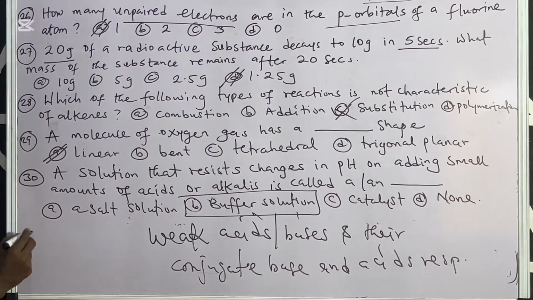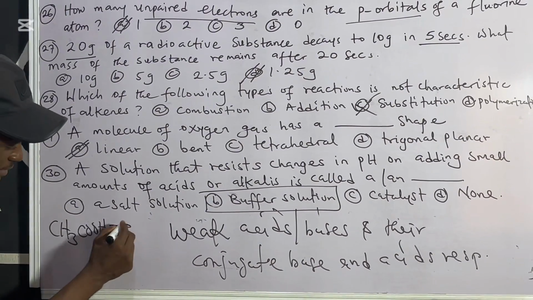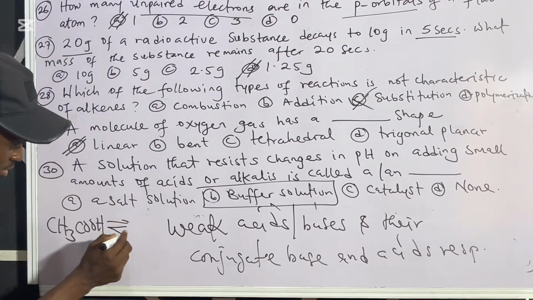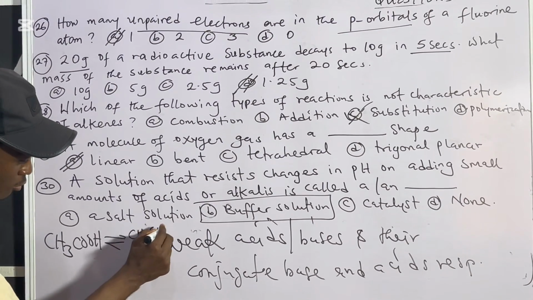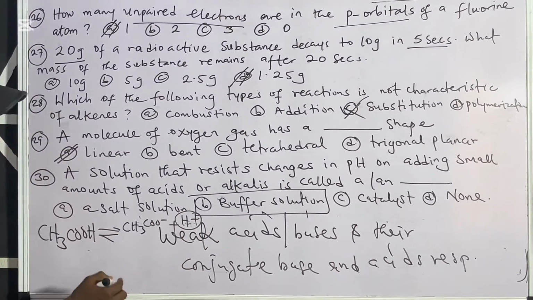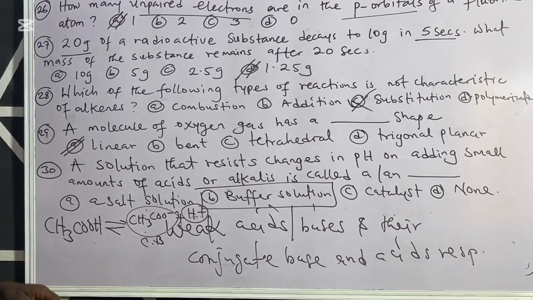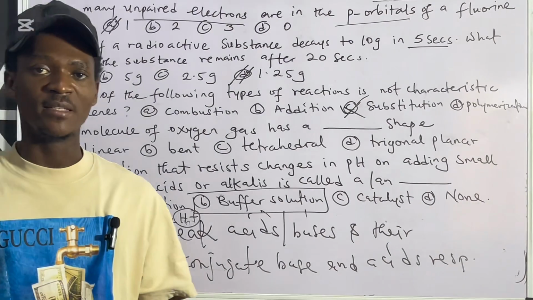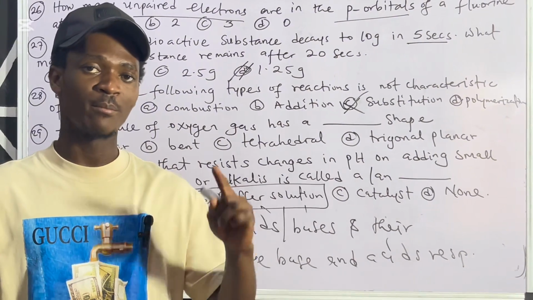For example, this is a weak acid, CH3COOH. Now, if I dissociate this, partial dissociation, of course, double arrows, it should give me CH3COO minus and H plus, meaning it has donated a proton. So it means this is the conjugate base. So conjugate bases are simply substances that are remaining after an acid has donated a proton.